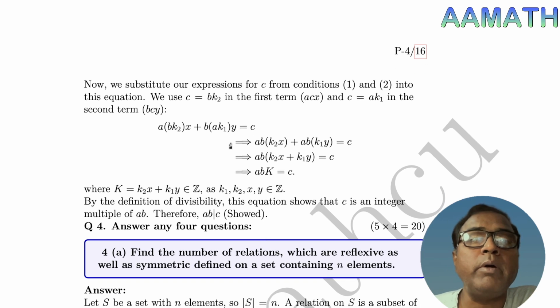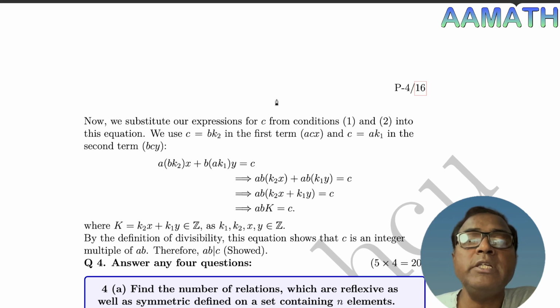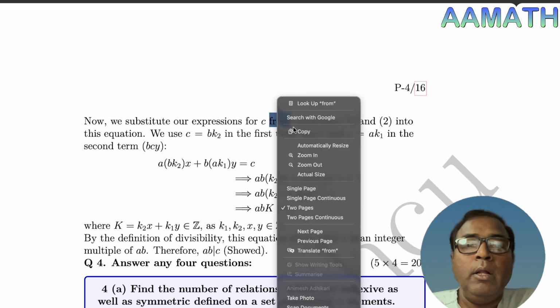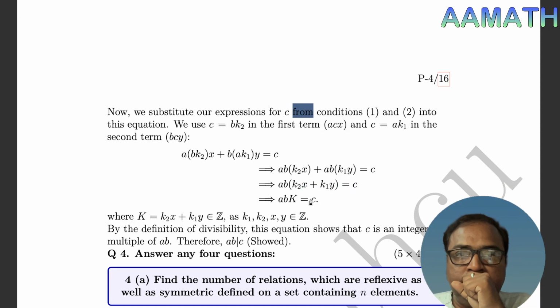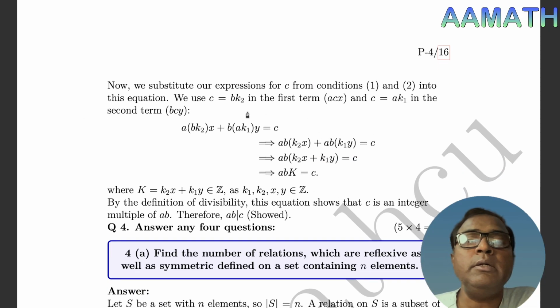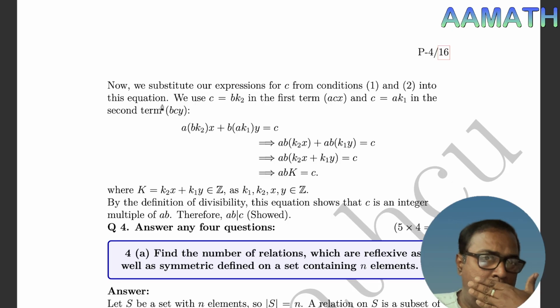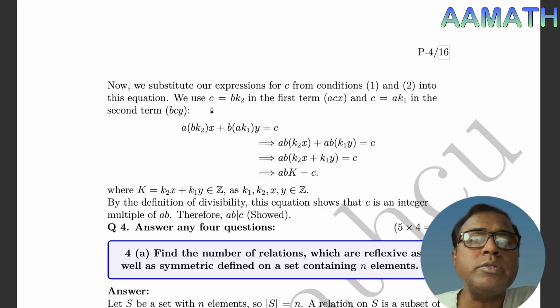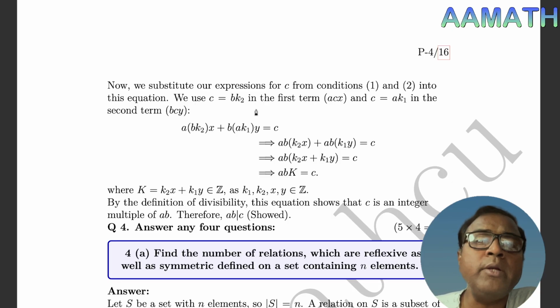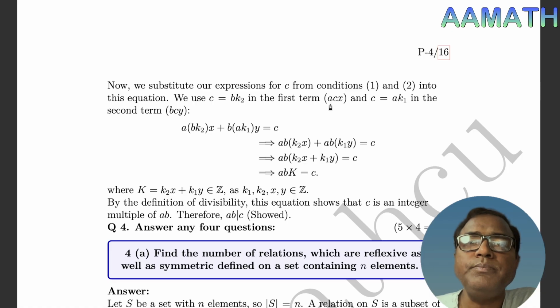now we substitute our expressions for C. Let's see, condition 1 and 2 into this equation. We use C equal to BK2 in the first term,